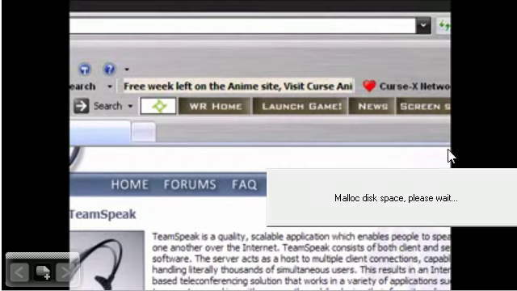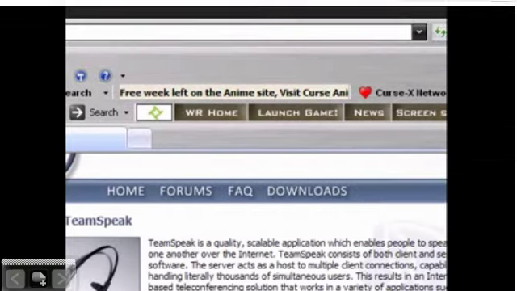And don't mind the disk space stuff. That is FlashGet. Never mind. I'm downloading something. Anywho,